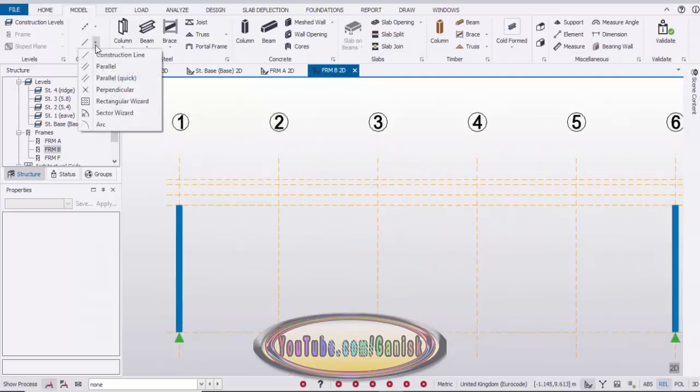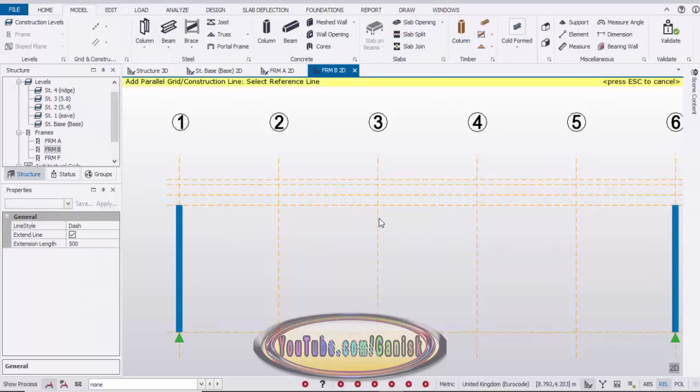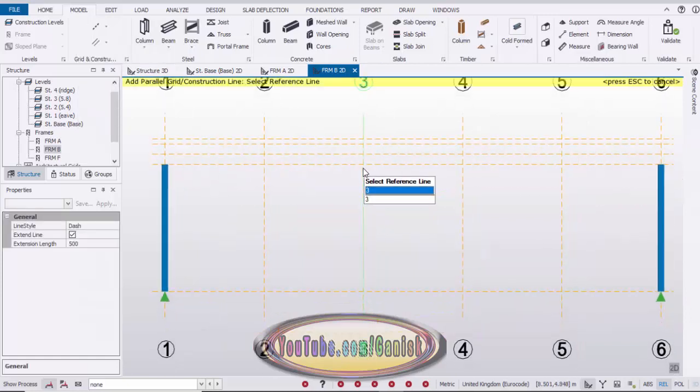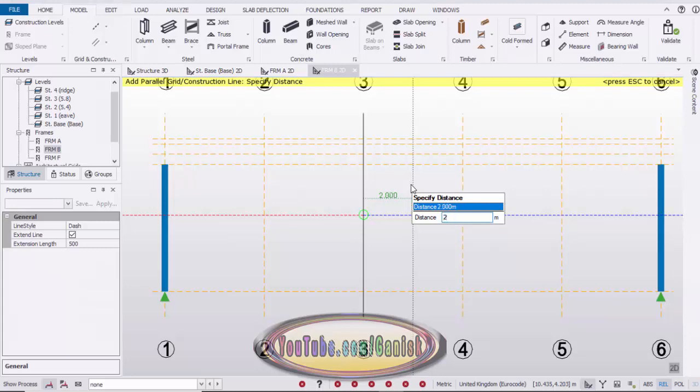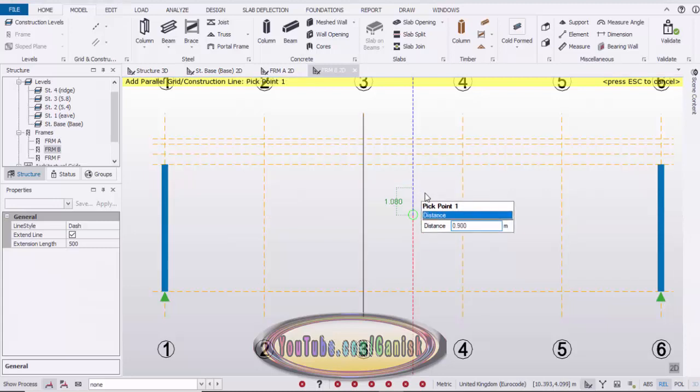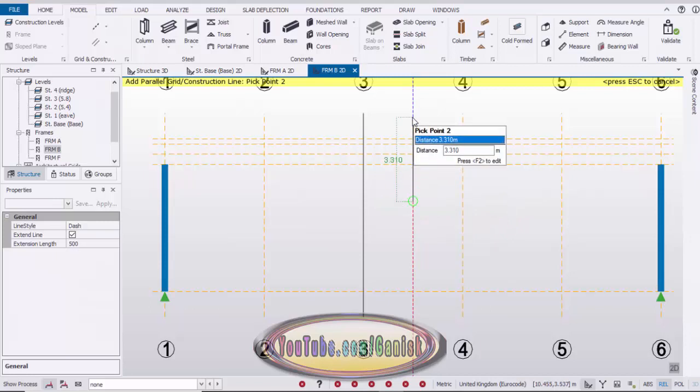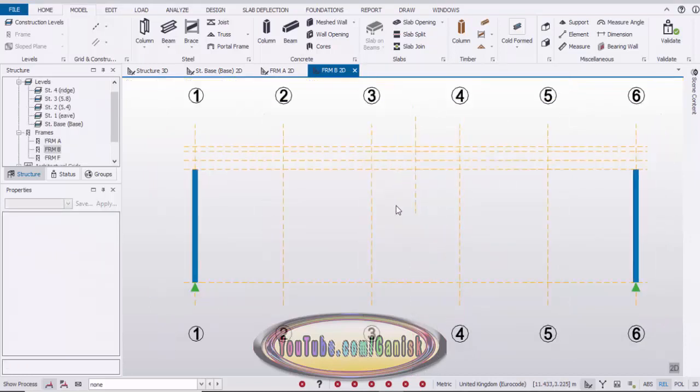So click on here and select this parallel and pick the first point, select this reference line and place the cursor in this side and press the F2 and enter here 2 meter. Click on enter on your keyboard and pick the first point and second point, take it as a reference construction line like this. Click on escape to exit the command.